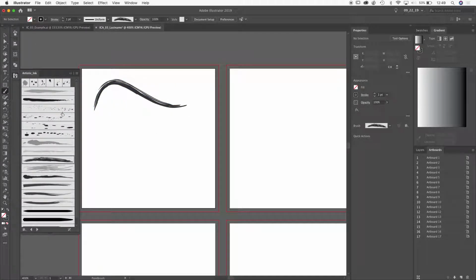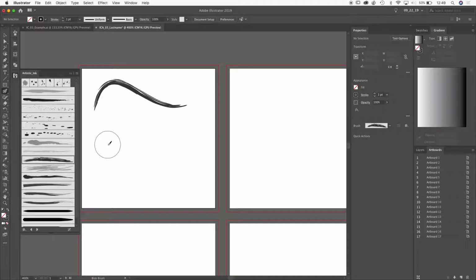So this is the brush tool, and that's just B on your keyboard to access it. The other tool that's in there is the blob brush. The blob brush functions closer to how a brush functions inside of Photoshop, in that you have more of a sort of direct control relationship with